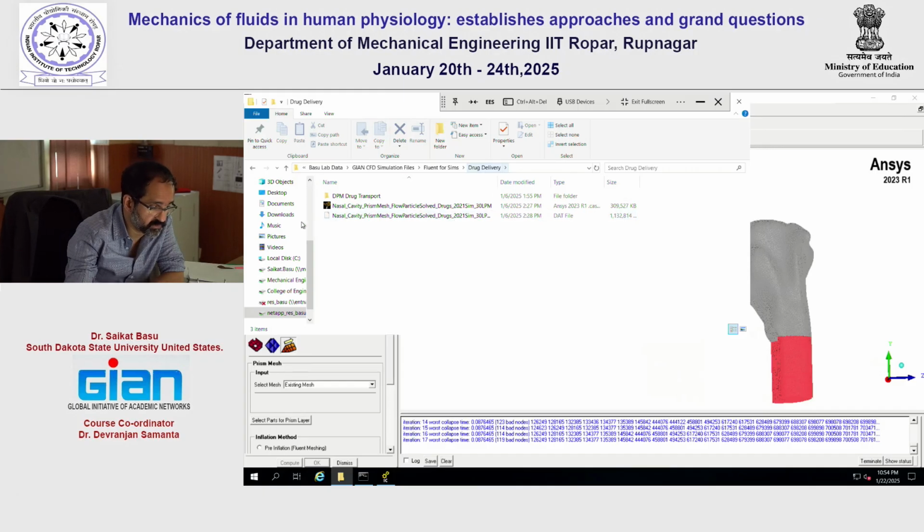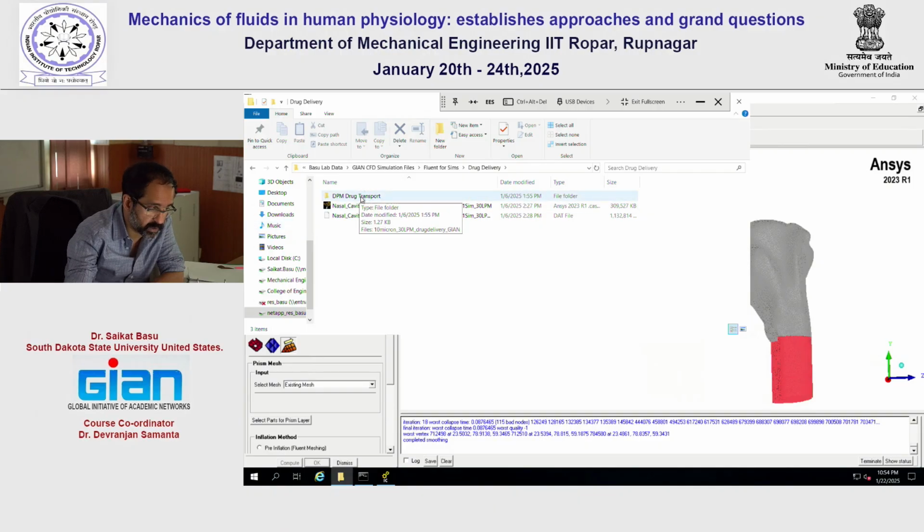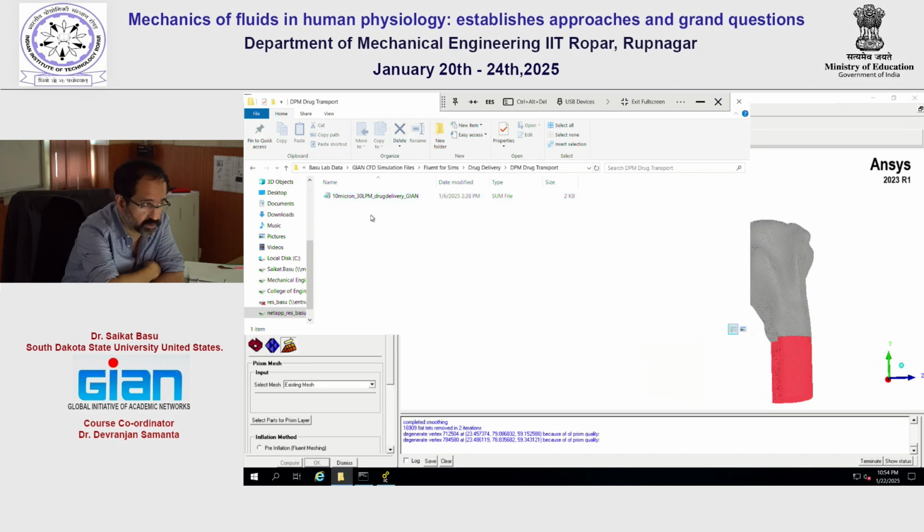Now, under each of these folders, you will see that there is another DPM folder where I have saved the particle deposition data for just the 10 micron particle. Of course, for real work, you have to go through a whole range of particle sizes. But we are going to generate this 10 micron data, hopefully, and then compare that with some of the published